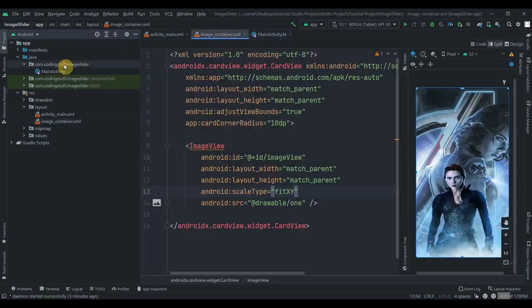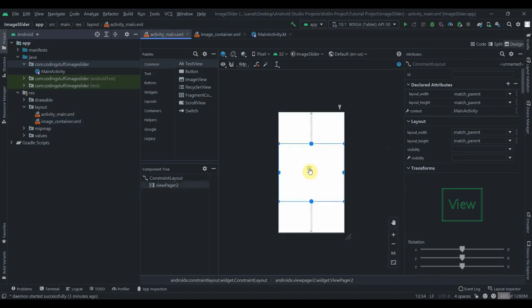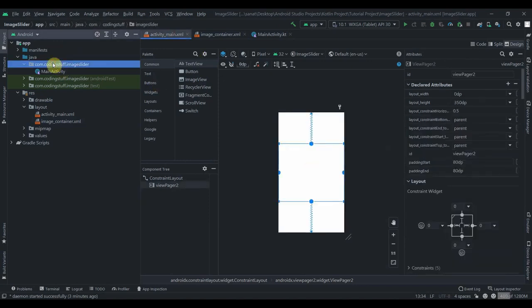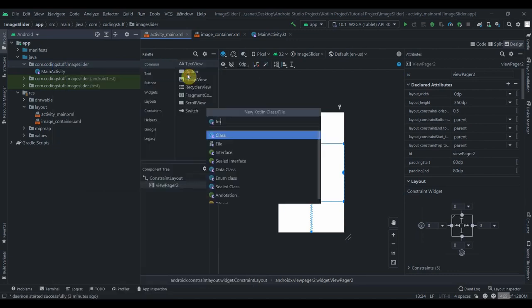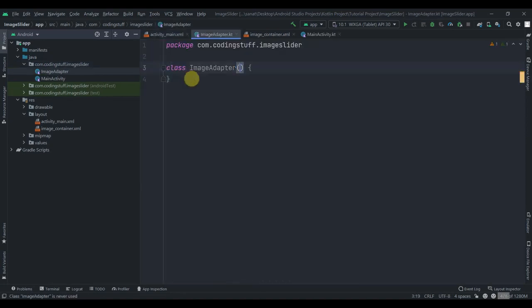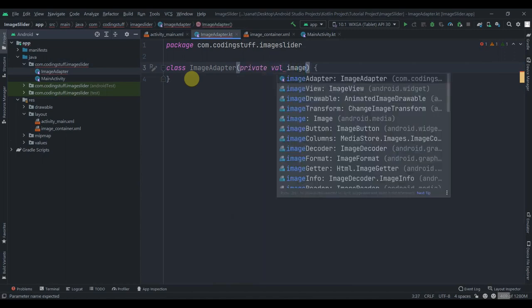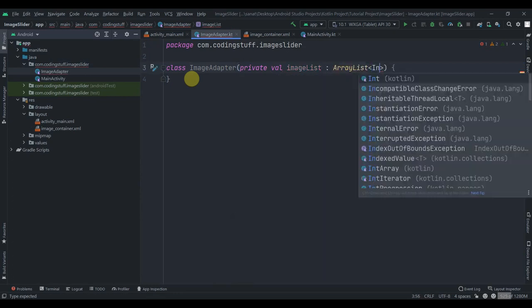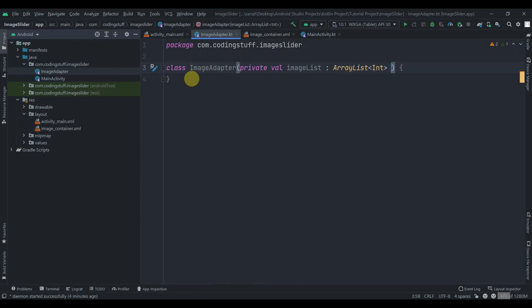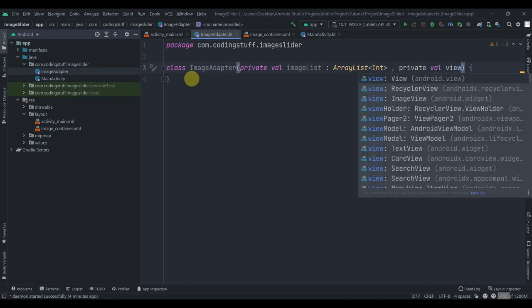So first of all we'll create one adapter class for this ViewPager. So we'll click on the package, select new Kotlin class, and we'll name it as image adapter, and we'll pass the list and ViewPager over here. So private val, name it as image list. This will be of type array list of type int, comma private val ViewPager2,